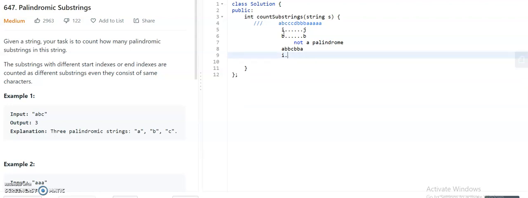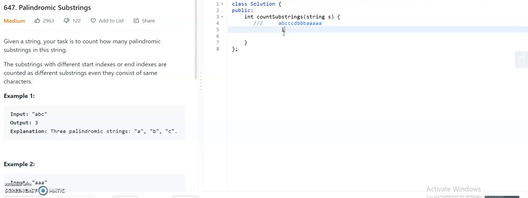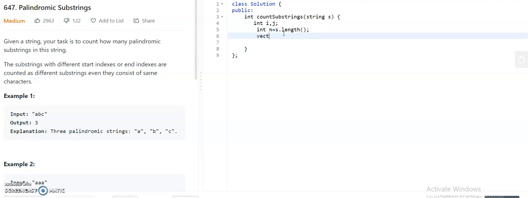Let us write the code to make more clarification. Let us take 2 pointers and a dynamic array. Let us take the length of the string first, then we will make a dynamic vector, the DP vector.